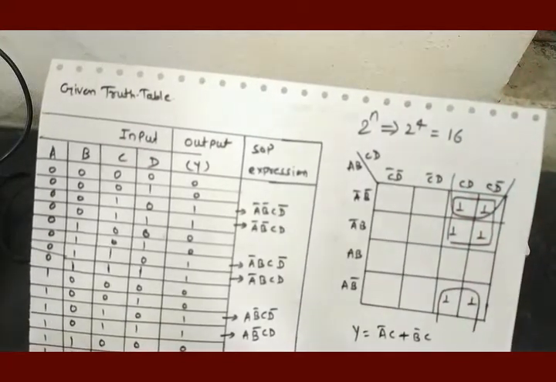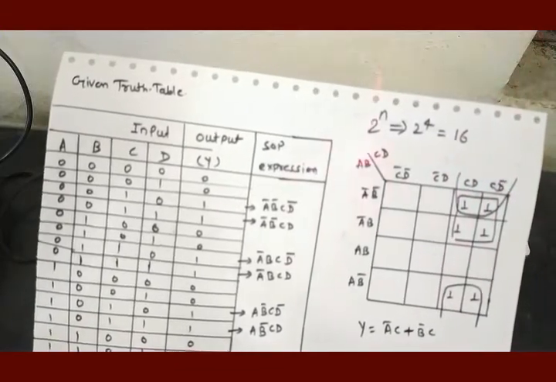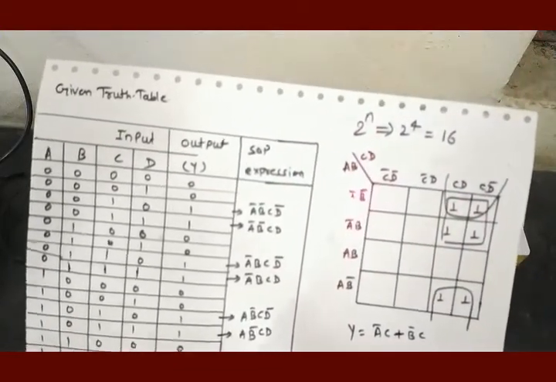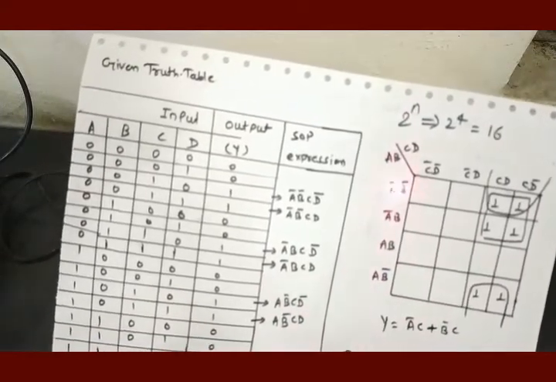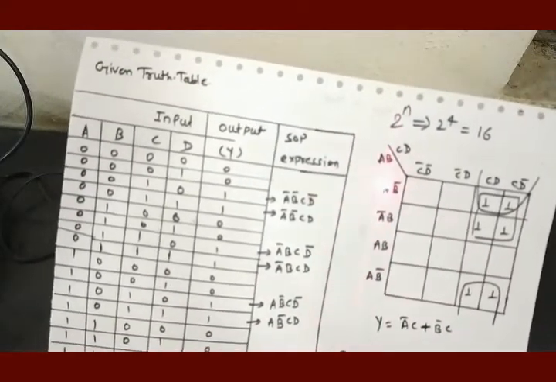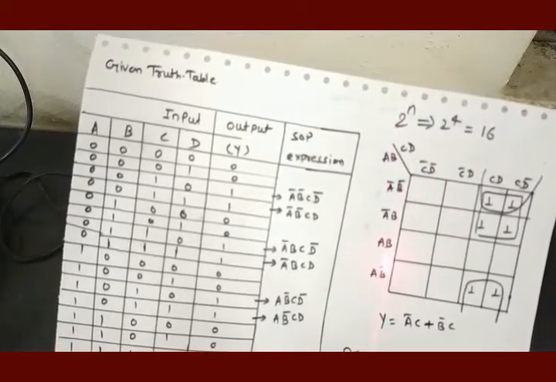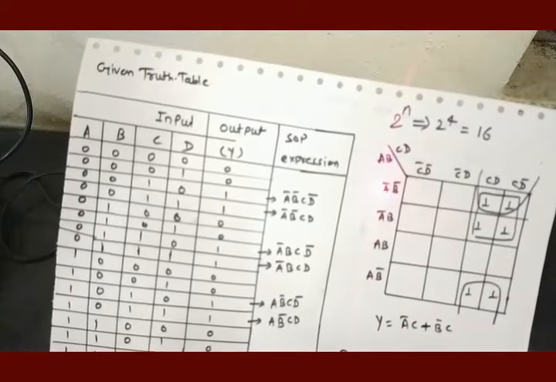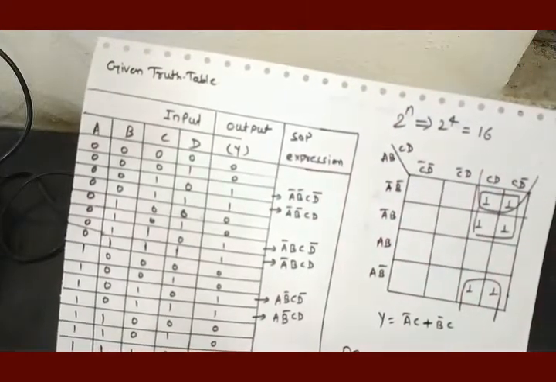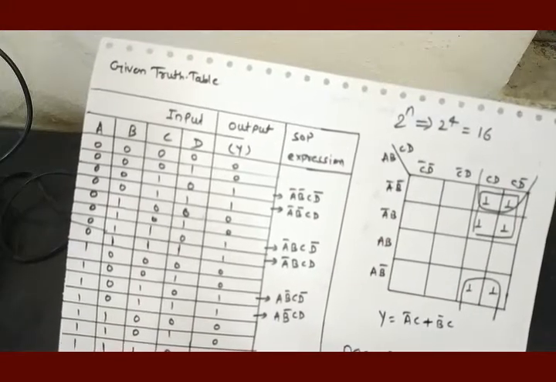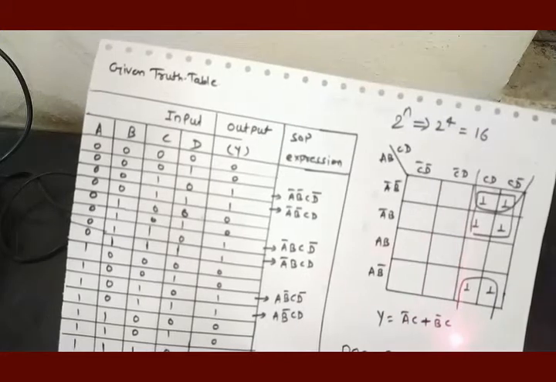So it will go away automatically for the second quad also, and only C will be left. Similarly, if we jump from first row to fourth row or from fourth row to first row, you will find that A is changing its form, either from A bar to A or A to A bar, and therefore A will go away for the second quad, and the equation left for the second quad is B bar C.